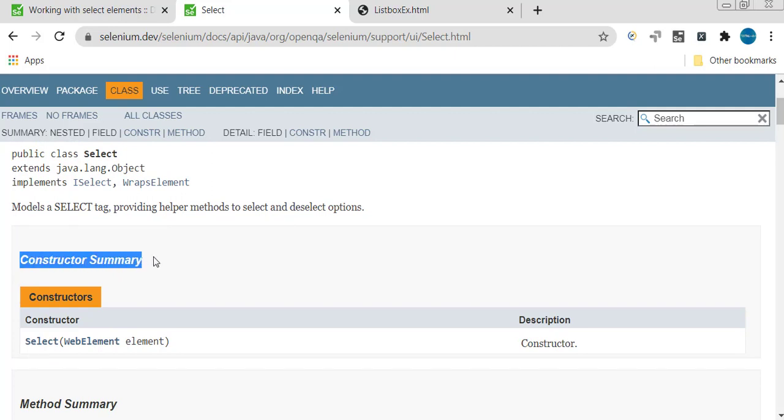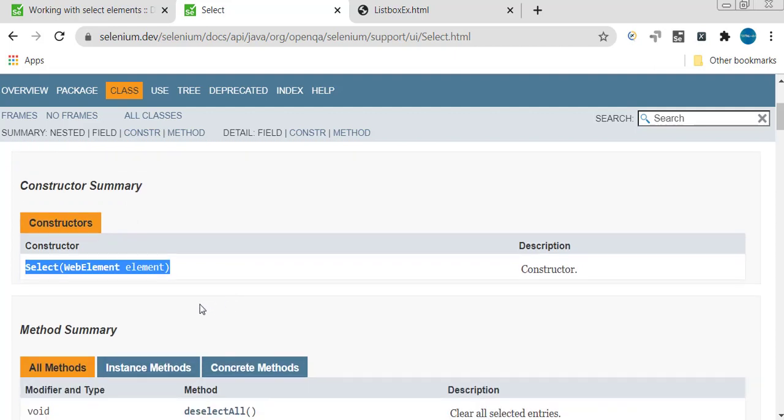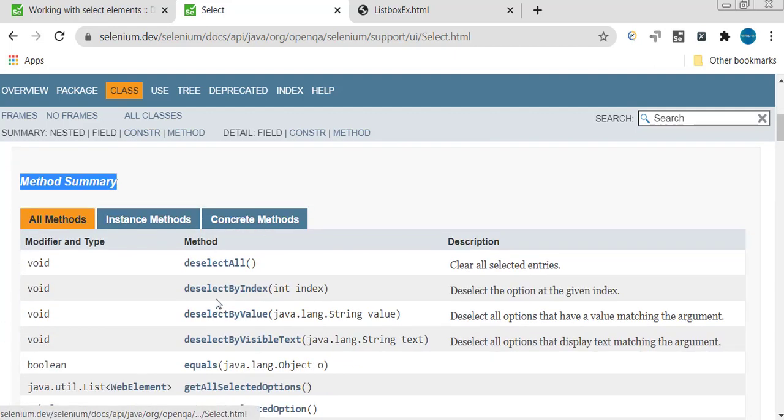When you create an object for a select class, you can create it only by calling a constructor which takes a web element as an argument. You cannot create an object of the select class without passing an argument. We can pass an argument only to create an object of the select class. And if you scroll down and see the method summary,